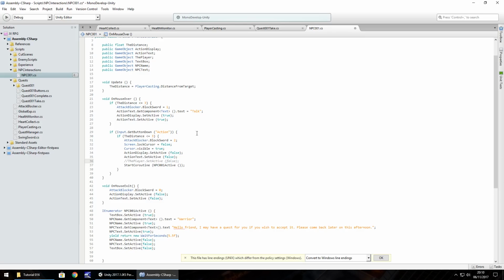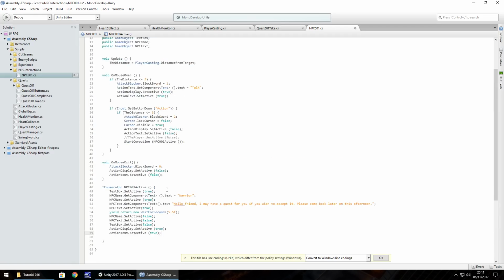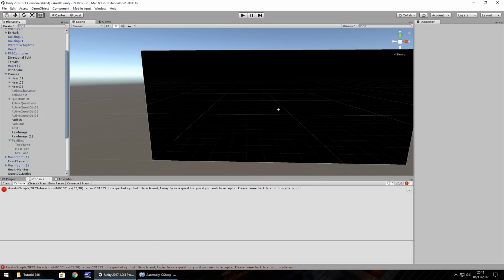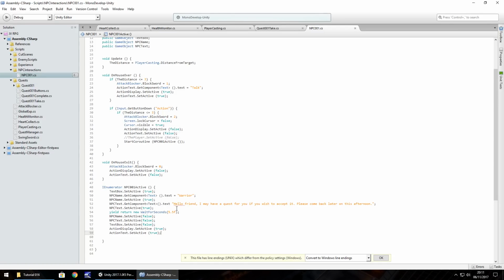So once that has happened, what we can do is then also set action display and action text back on, so we can copy them and paste them there. Now hopefully, I'm not entirely sure if this will work for first time, but this is where trial and error comes in. So now we have, okay, so that's saying, so it doesn't like something there. We've got to put the equal sign there, my fault. So let's resave that